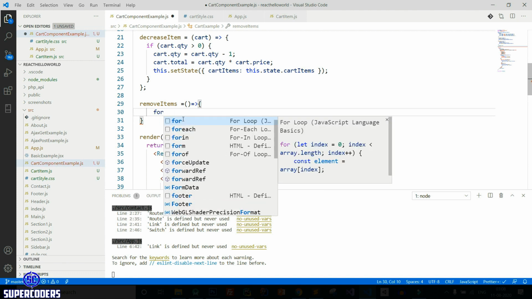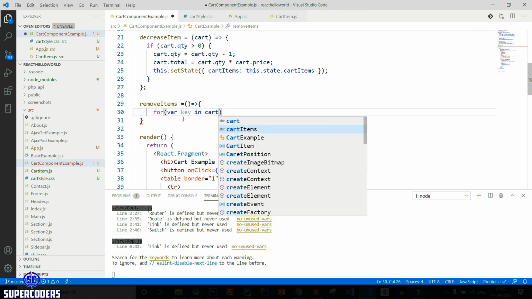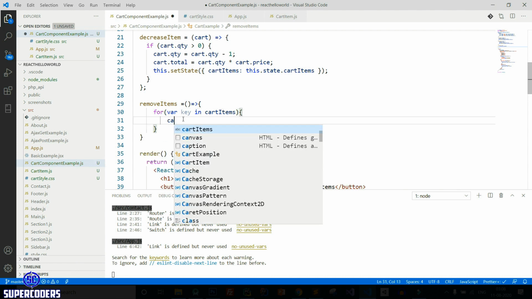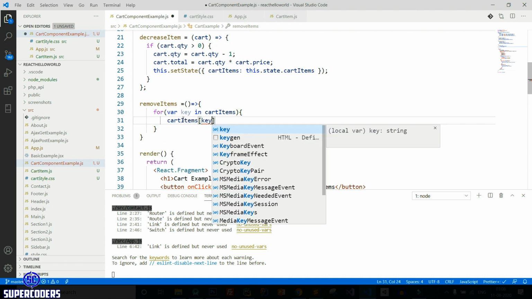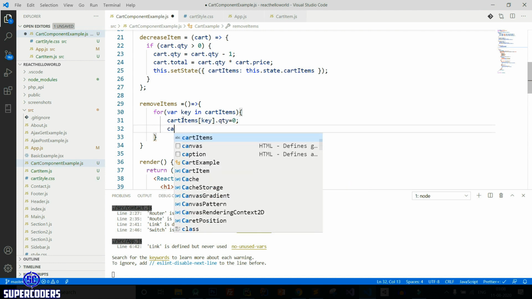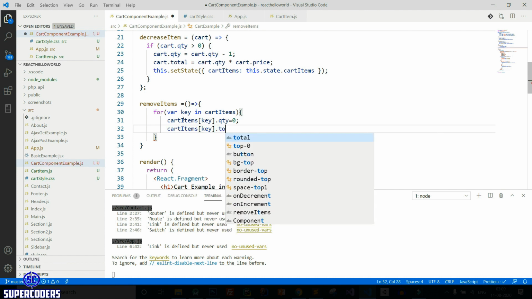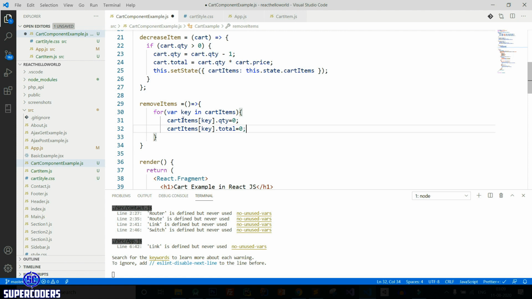So for where key in cart item, then cart item key dot quantity equal to 0, cart items key dot total equal to 0.